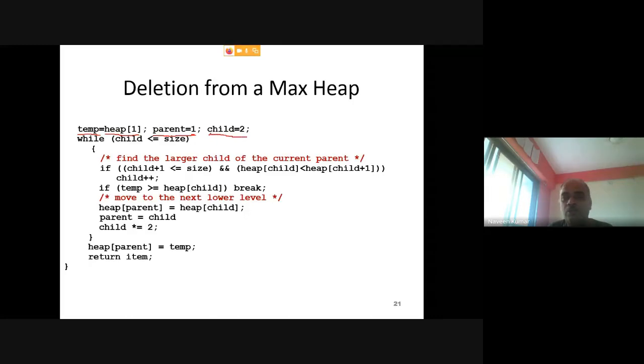Since 1 is the parent, the root node is the parent, its child will be 2, the left child. Now, while child is less than or equal to size. Sometimes it is possible that this child goes beyond the size, so it is not a valid position in the max heap. In that case you need to stop. So until child is a valid position, meaning it is less than or equal to size,